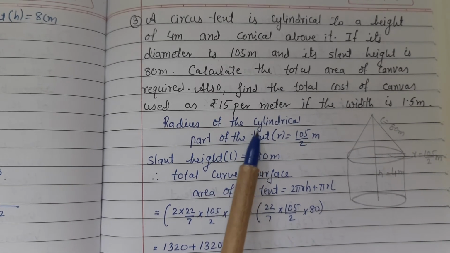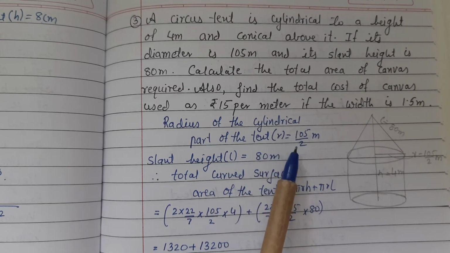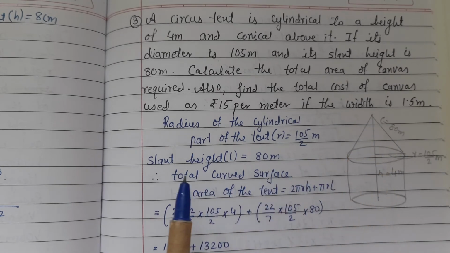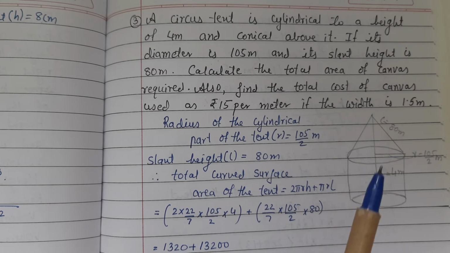Radius of the cylindrical part of the tent R is equal to 105 upon 2 meters. Slant height is 80 meters. Therefore, the curved surface area of the tent is the curved surface area of the cylindrical part plus the curved surface area of the conical part, which is 2 pi RH plus 2 pi RL. Substitute the values: 2 into 22 by 7 into 105 upon 2 into 4 plus 22 by 7 into 105